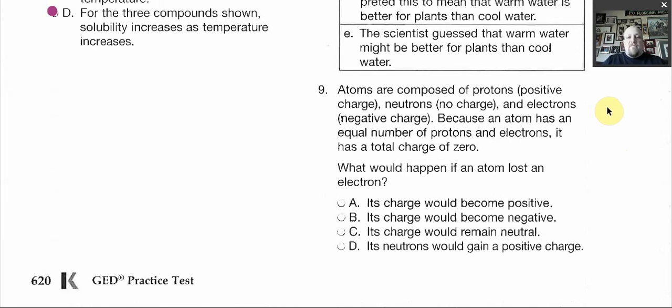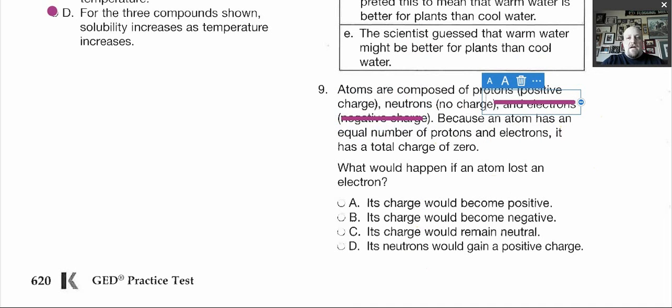Atoms are comprised of protons, neutrons, and electrons. Because an atom has an equal number of protons and electrons, it has a total charge of 0. So it's a neutral thing. Protons, remember, pro, positive. Neutron, neutral, no charge. And then that means electrons are negative. So what would happen if an atom lost an electron? So if you went ahead and took out this guy right here,